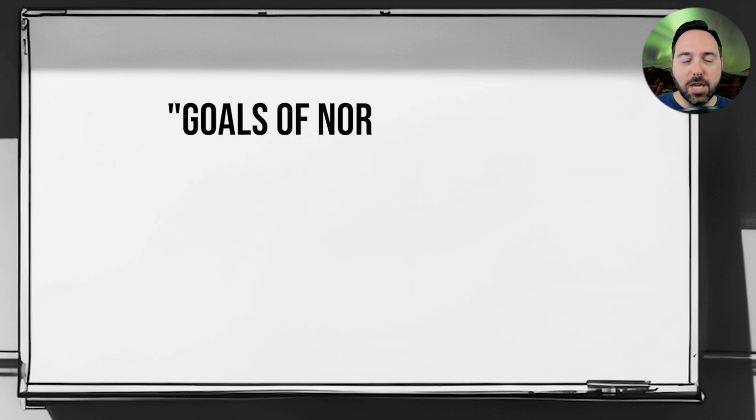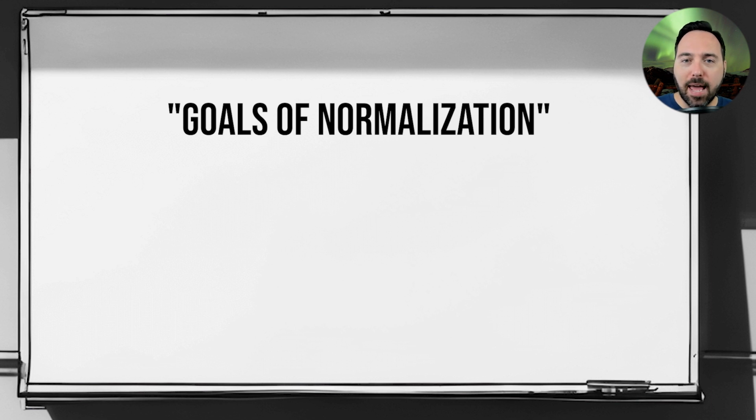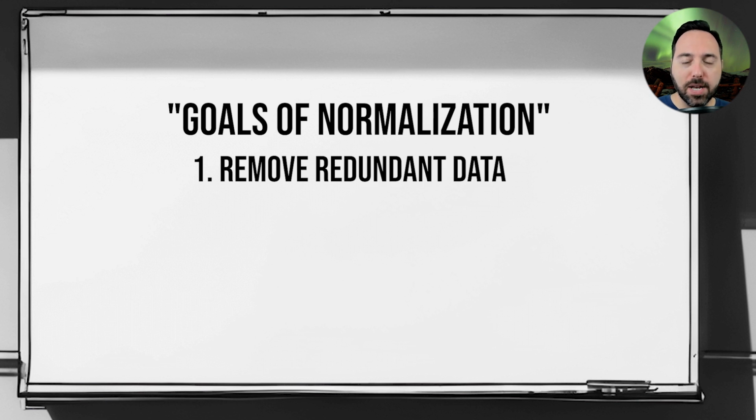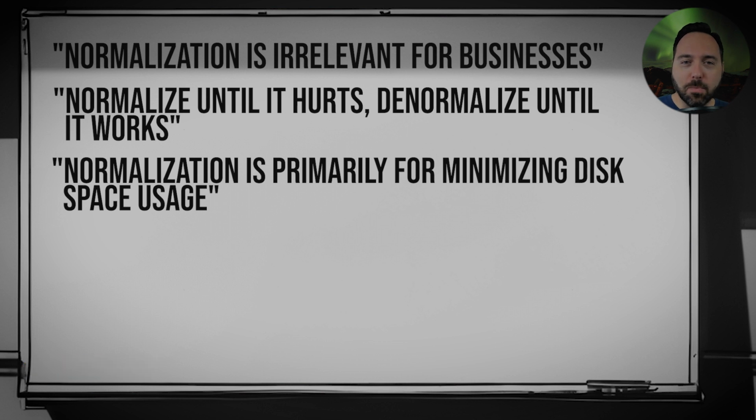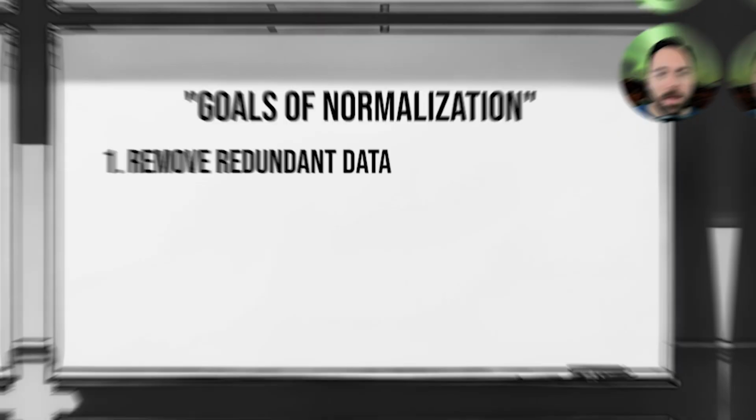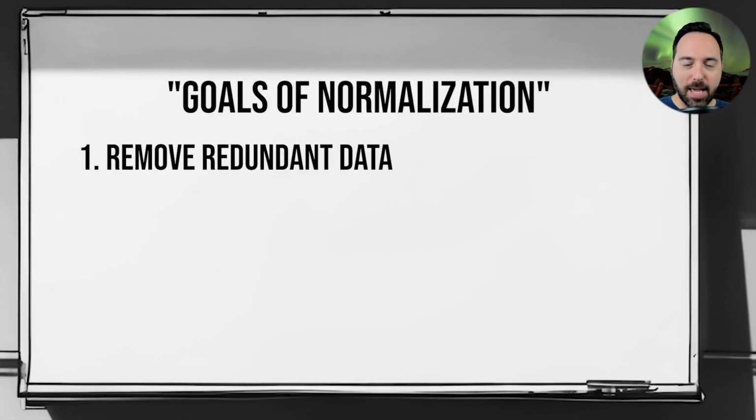Now let's talk about the real goals of normalization. There are 4 goals I want to lay out for us as we perform normalization. The first is to remove redundant data. Now, some of you may be jumping up at your desks, ready to scan back earlier in this video so you can quote me as a gotcha. But let's go to the instant replay. Third, if you think that the primary reason that you normalize data is that it minimizes the amount of data you lay out on disk, come on down. Removing redundant data is a reason, but it is not the primary reason.